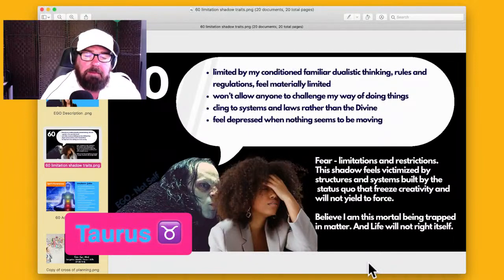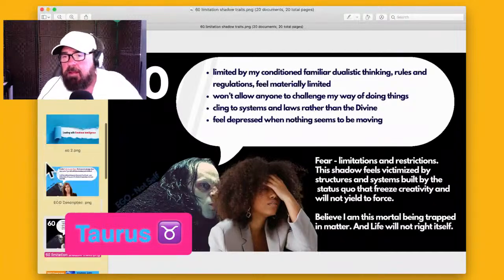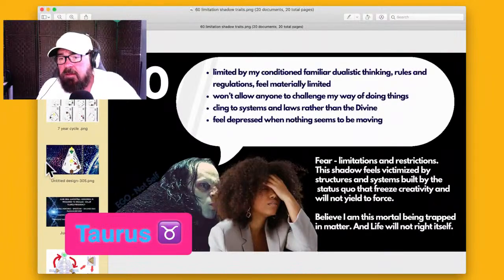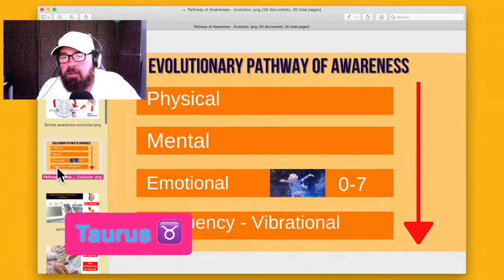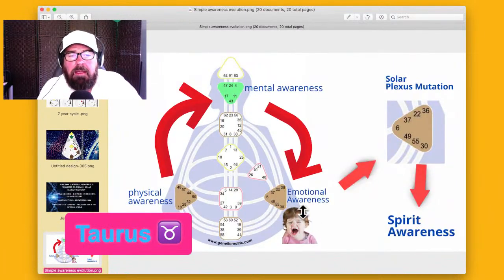So this is like, I can't look powerless. I've got to look like I've got it all together as a Taurus, right? And this comes from feeling powerlessness as a child, right? So if you've got this belief system that nobody can help me, right?